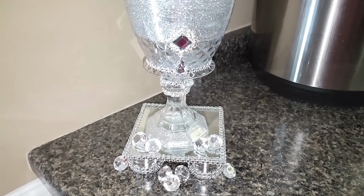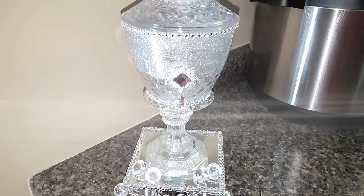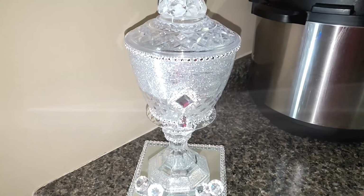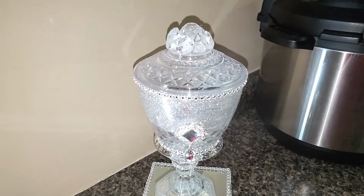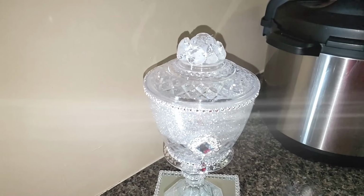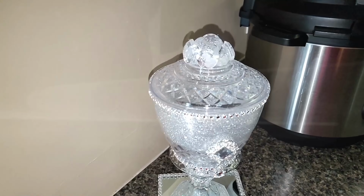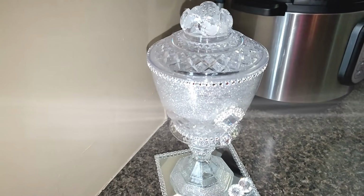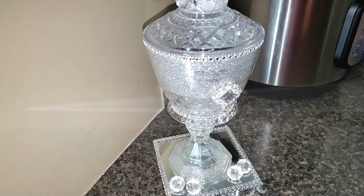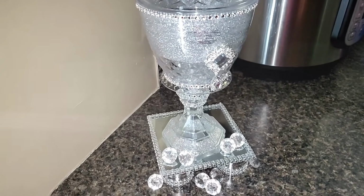This revamp is complete, everyone. It looks so beautiful. I love the turnout. I love the sparkle, the bling, everything about this revamp I love so much. I took a regular jar that I would use for my tablescapes and I took it to the next level. It is so beautiful and elegant. You can use it for anything you like. You would like to use it for a